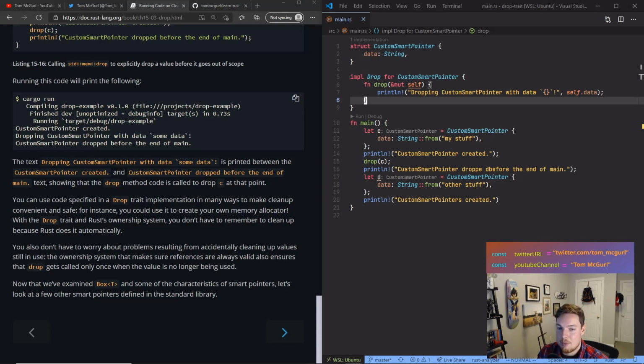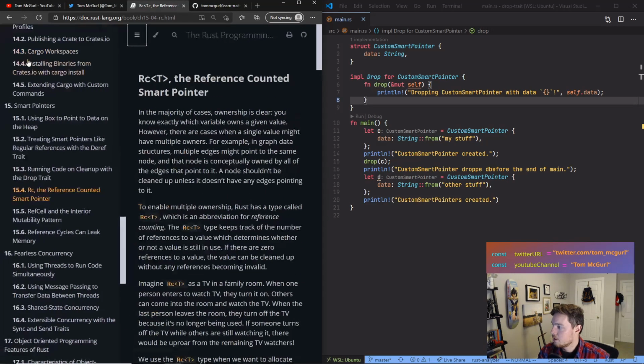Now that we've examined Box<T> and some of the characteristics of smart pointers, let's look at a few other smart pointers defined in the standard library. All right, so we got